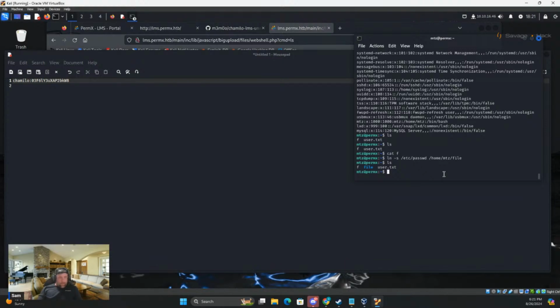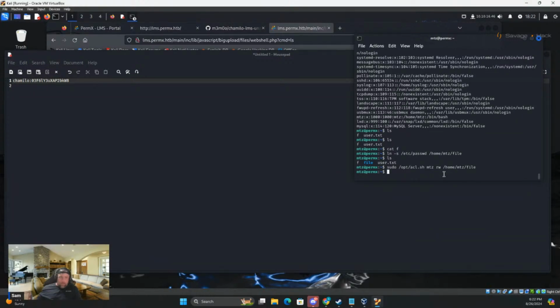File. So we'll need to run, what was it, opt acl.sh. So sudo /opt/acl.sh. It's at the mtz folder. So we'll need to rewrite home/mtz/file. Okay. And so what that did, assuming that code worked correctly,